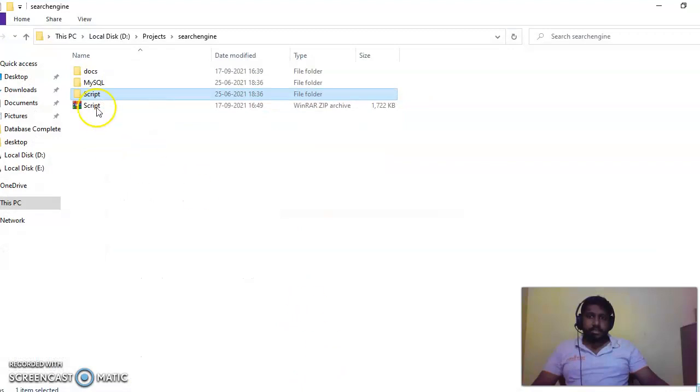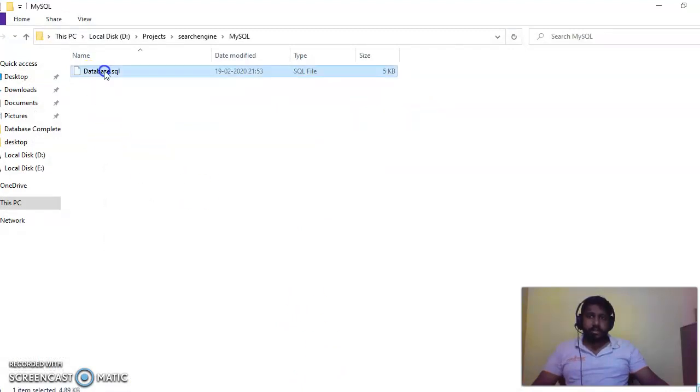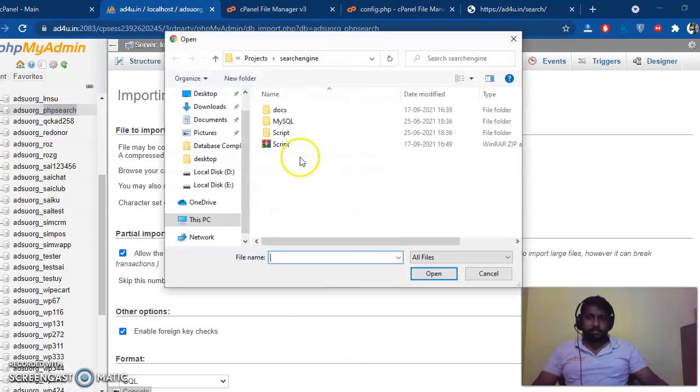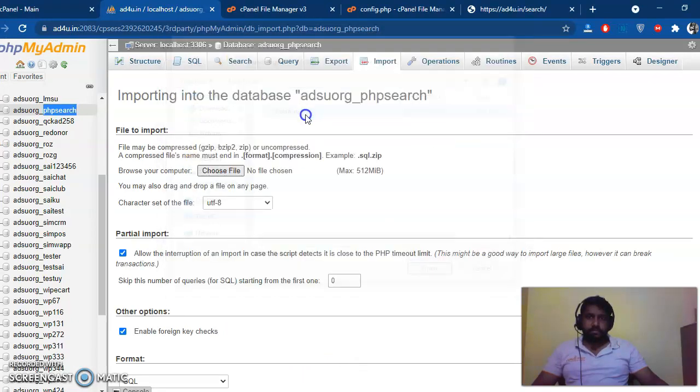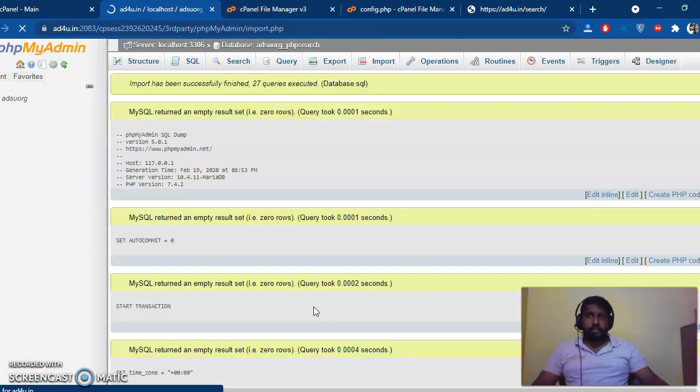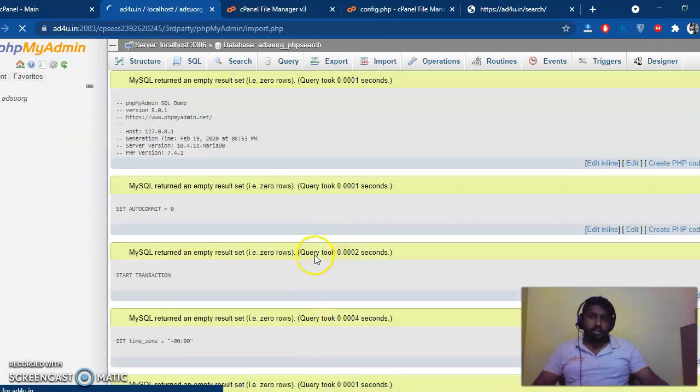And in the file structure we already have the MySQL folder. Here is the database file. We just need to import this. Go. Well, fine. Yes, our database has been successfully imported.